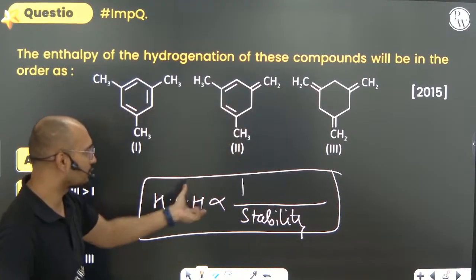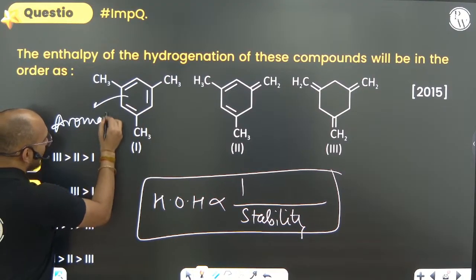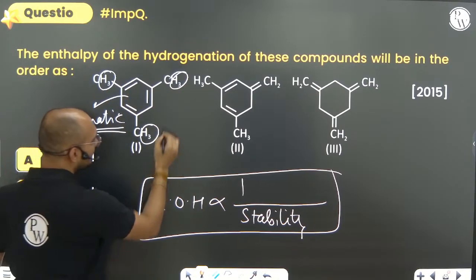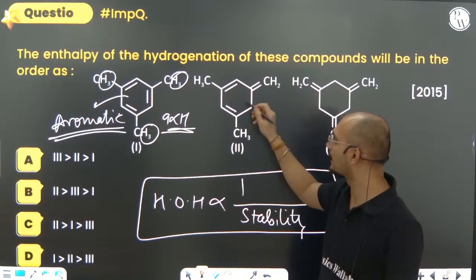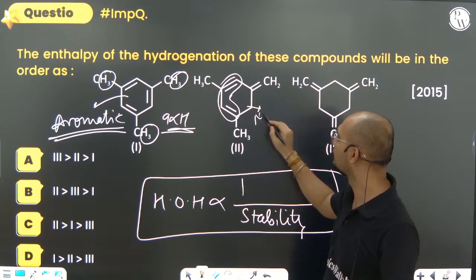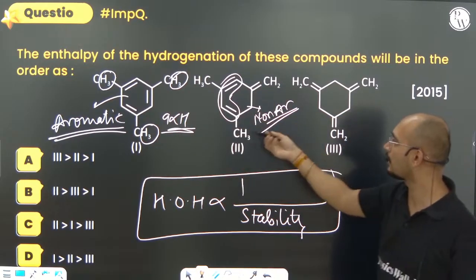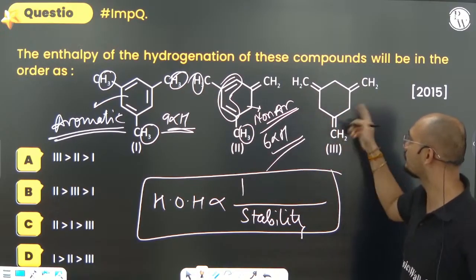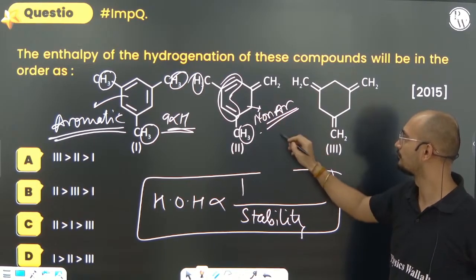Can you see, heat of hydrogenation के लिए आप सीधा यहाँ पे क्या देखोगे, it is aromatic, as well as aromatic के साथ ही साथ आप देख सकते हो how many alpha hydrogens are there, hyperconjugation के लिए 9 alpha hydrogens are there. Can you see here what is happening, it is not aromatic but it is having one conjugation, but it is non aromatic, so ये तो कम stable हो जाएगा ना, it is most stable first. और यहाँ पे अगर अल्फा हाइड्रोजन भी देखोगे, how many alpha hydrogens are there, 6 alpha hydrogens are there. अच्छा not just 6, यहाँ पे भी देखोगे more than 6 is there, but anyways plus 2, 8 alpha hydrogens are there.